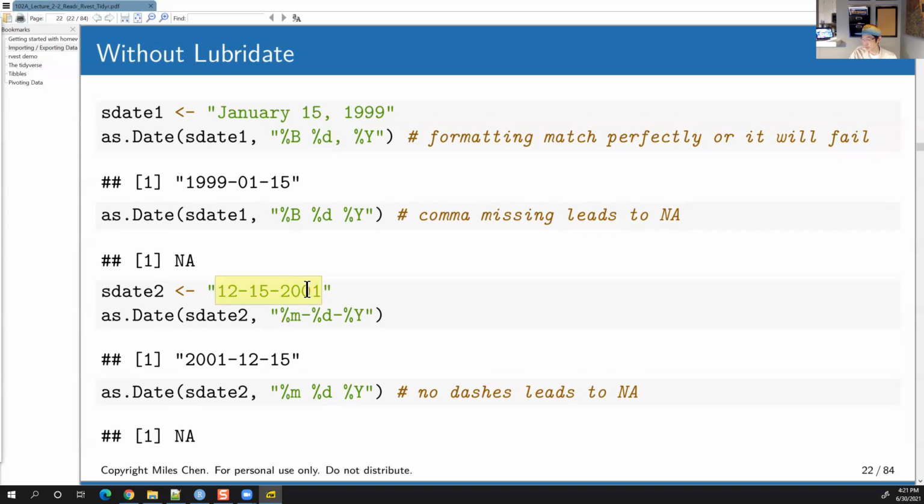12/15/2001, you can say this is in %m, %d, and so on, m for numeric month, whereas %B is for the month written out in English. And you need to have the dashes here, and it will say, okay, I recognize that. But if you leave out the dashes, or if the formatting is off, it says, I don't know what that is. And so it can get very tedious and very frustrating trying to figure out why